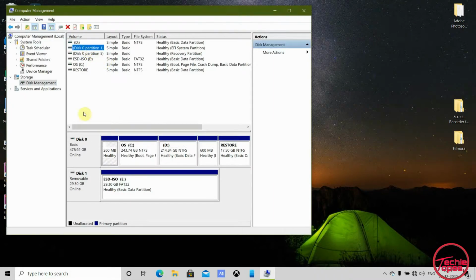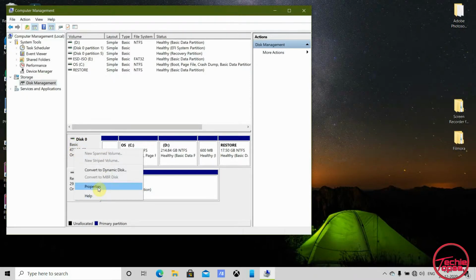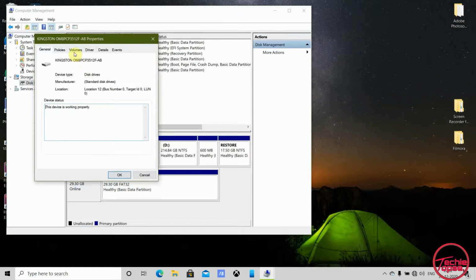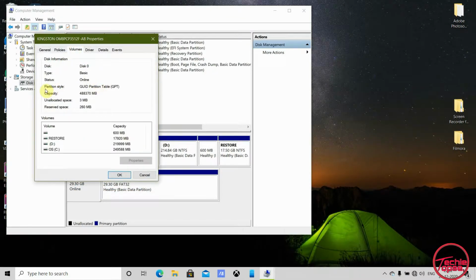Disk partitions will be shown, and from that right click on disk partition 0, click Properties, then go to the Volumes tab, and then the partition type will be shown here.